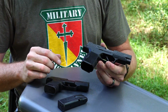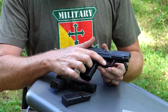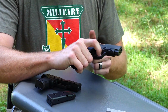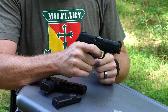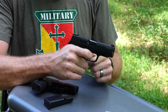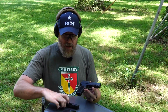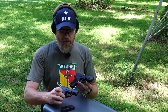It makes the grip feel a little bit wider, but it really isn't. You'll also notice that the XL has the flat face trigger on it, and I can't say it improves the trigger noticeably. It still has that spongy P365 feel, but it has a clean break, no overtravel, and it's totally serviceable. It's a decent trigger, and I like it better in terms of feel than the curved trigger of the original